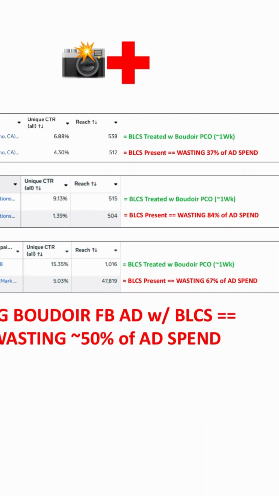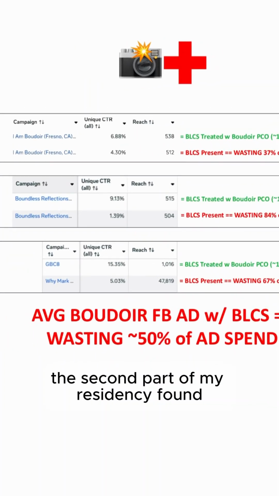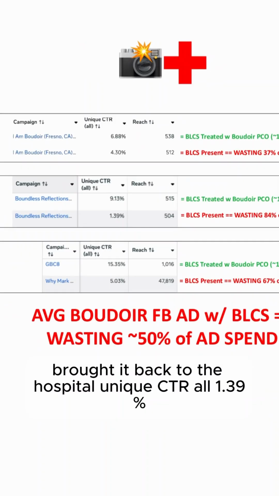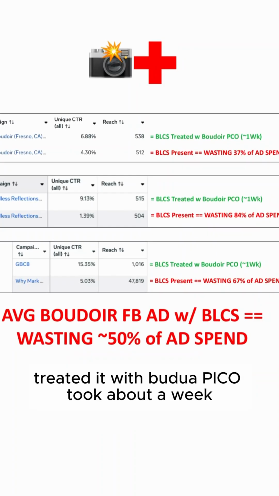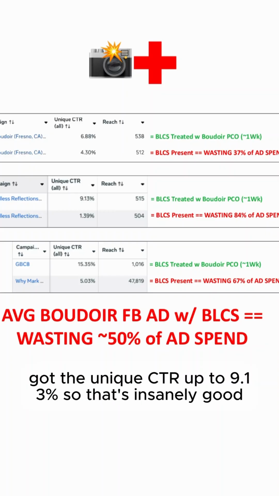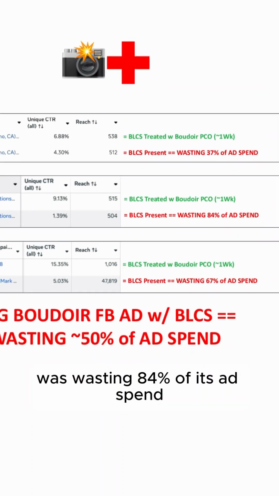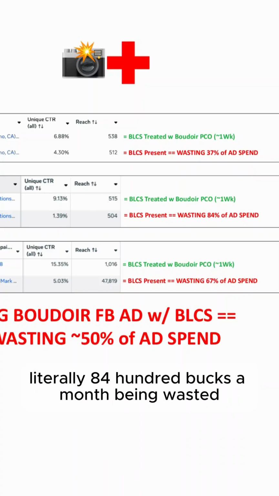Now, the second part of my residency, found another one in the wild, Boudoir Facebook ad, brought it back to the hospital. Unique CTR all 1.39%. Okay, that's under 6%. We know that BLCS is present. Duplicated it, treated it with Boudoir Pico, took about a week, got the unique CTR all up to 9.13%. So that's insanely good. We found out the original was wasting 84% of its ad spend. So if they're spending 10 grand a month on Boudoir Facebook ads, literally $8,400 a month being wasted, thrown out